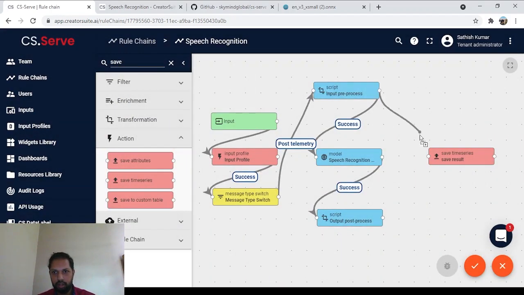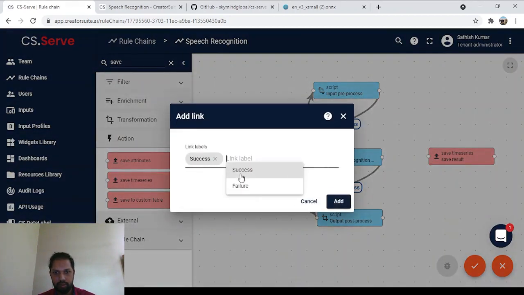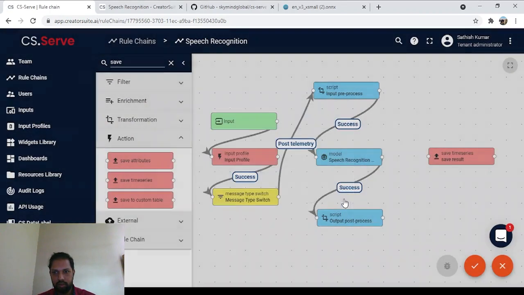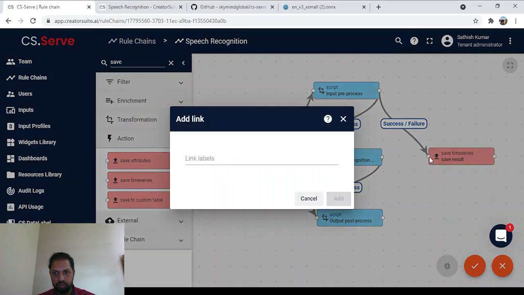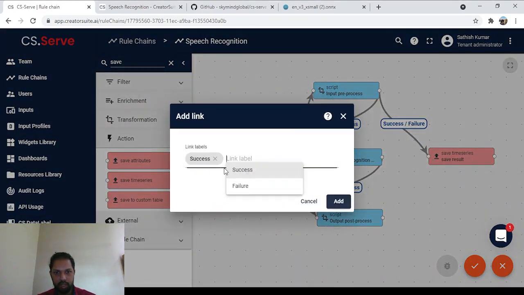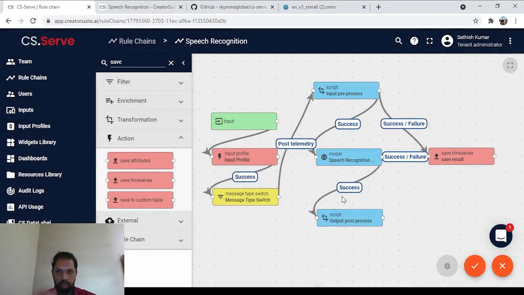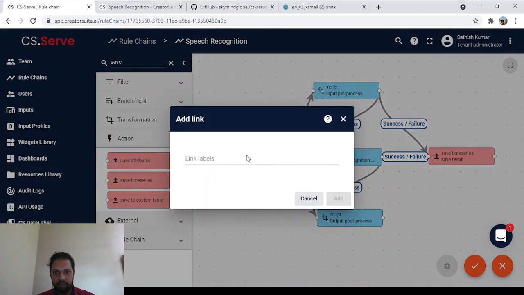So now you're going to go ahead and link all of this to the save time series node. So for this example, we connect all three nodes to a database, and we also allow the success and failure relation as well. So it can be a failure in terms of recognition, but we still save it